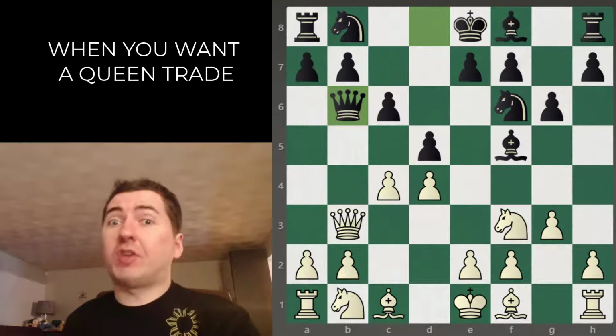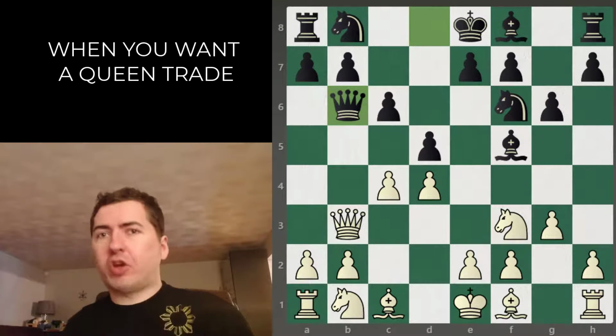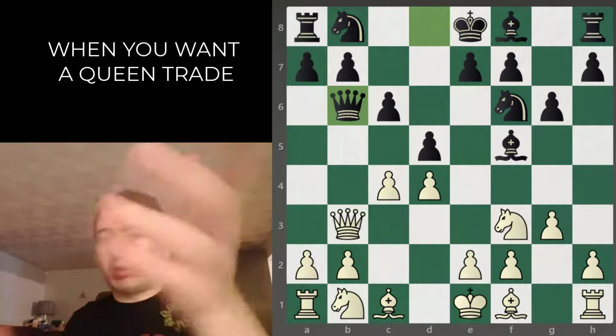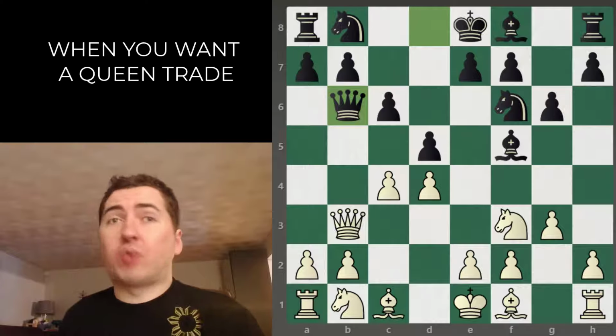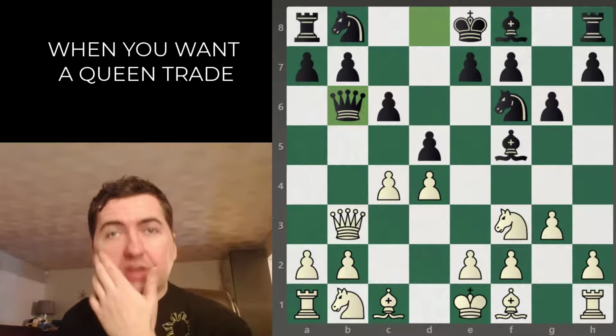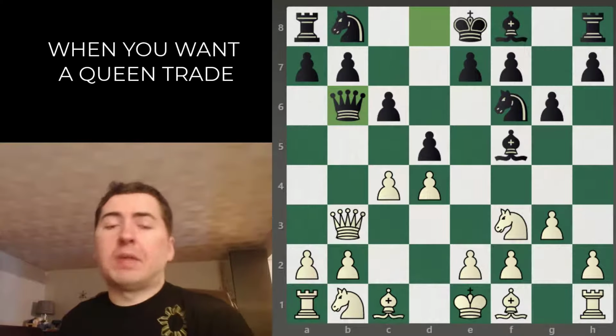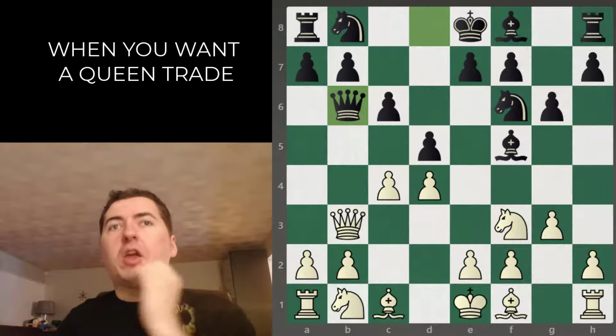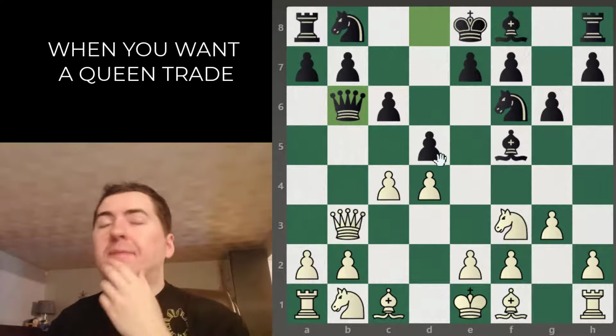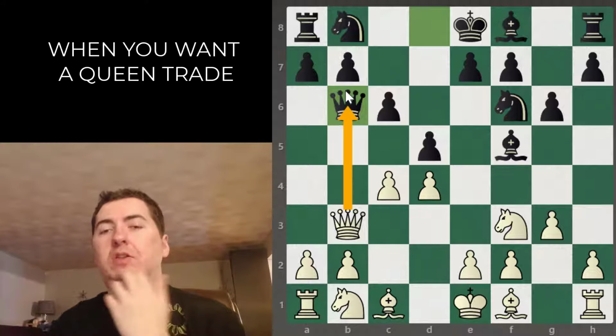So in this video we'll be talking about how we can determine when to take the queens off or keep them on. And we'll start with this example now. So it's white to move. It comes from this sort of Slav structure, and the question is, should we, as white, take the queen on b6 with our queen on b3? So the answer is